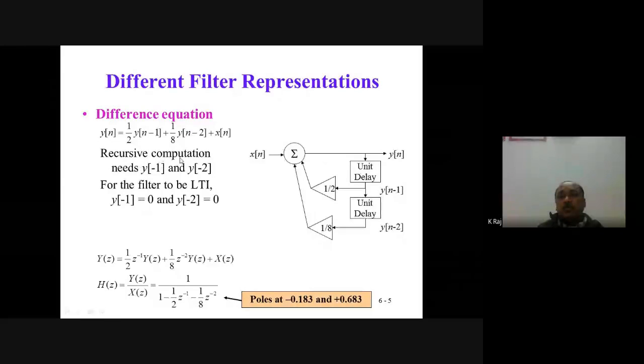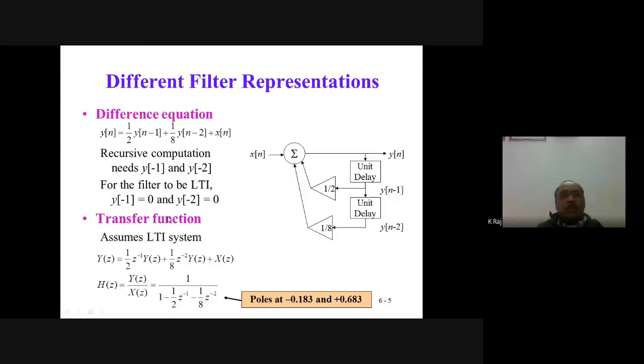Then the recursive computation needs the initial values, because when we consider n equal to 0, it needs y[-1] and y[-2]. If we consider y[-1] and y[-2] to be 0, that is the condition when we consider the LTI filter. With these conditions, we can compute here the